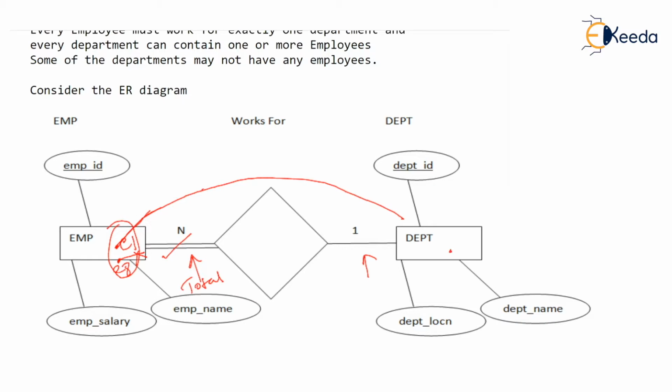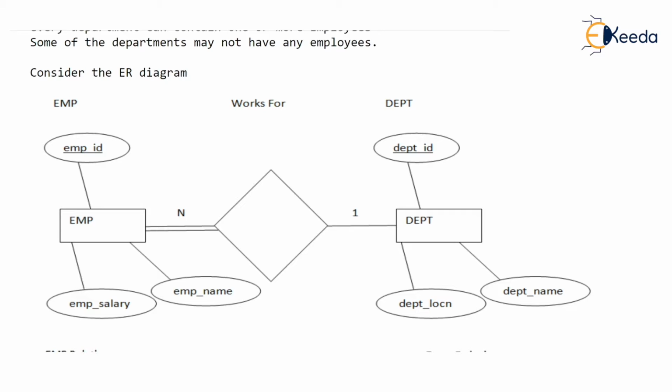But there can be a department, maybe a newly created department D3, in which there is no employee employed yet. That means from D3 you will not have any line coming out towards the employee. So there might be some department that does not play a role in this relation. So department is partial. I repeat, I expect all of you to know this by this time. Now our aim is to convert this into tables. Now the rule is every entity, employee entity and department entity, every entity will become a relation, that is a table.